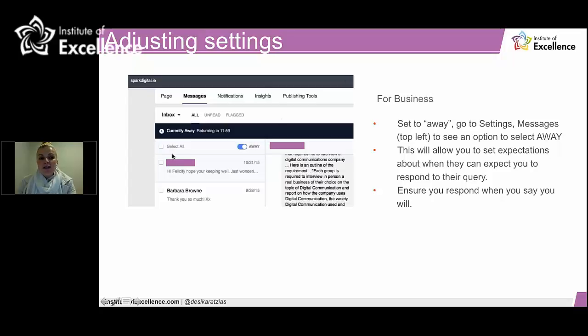So there is a functionality within your messages now, within your Facebook page, that works like an out of office message. I've got an automatic response that now comes to any new message, and I've worded it in a way that it really looks like it's real time. So I can say, hey, thanks for your message.